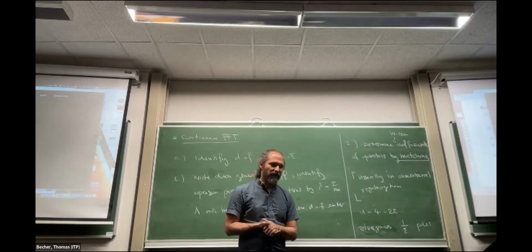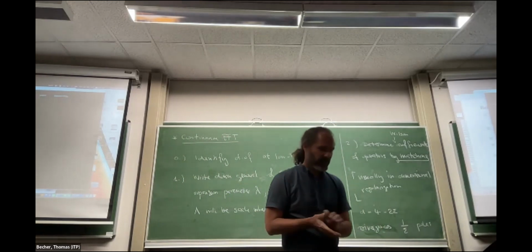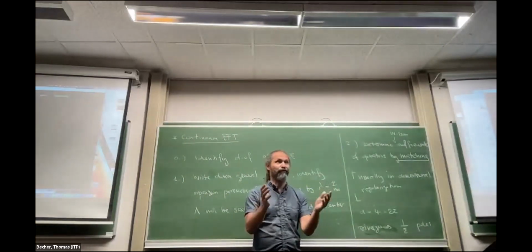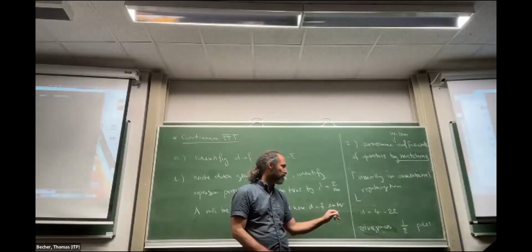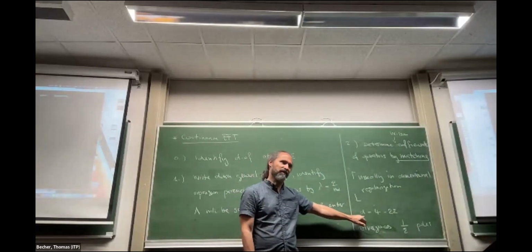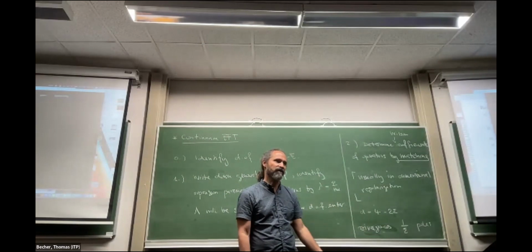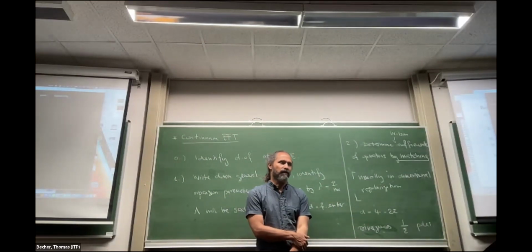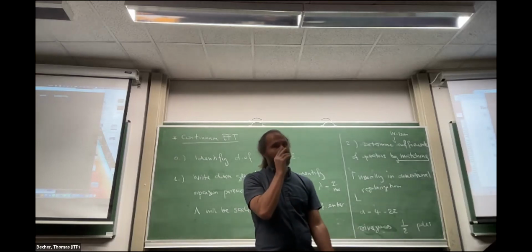The only thing that doesn't work so well is things that involve gamma 5, because gamma 5 is a specifically 4-dimensional quantity. So there are also some problems and technical difficulties here, but much less than with a cutoff scheme. So I think I maybe should restate my question as.